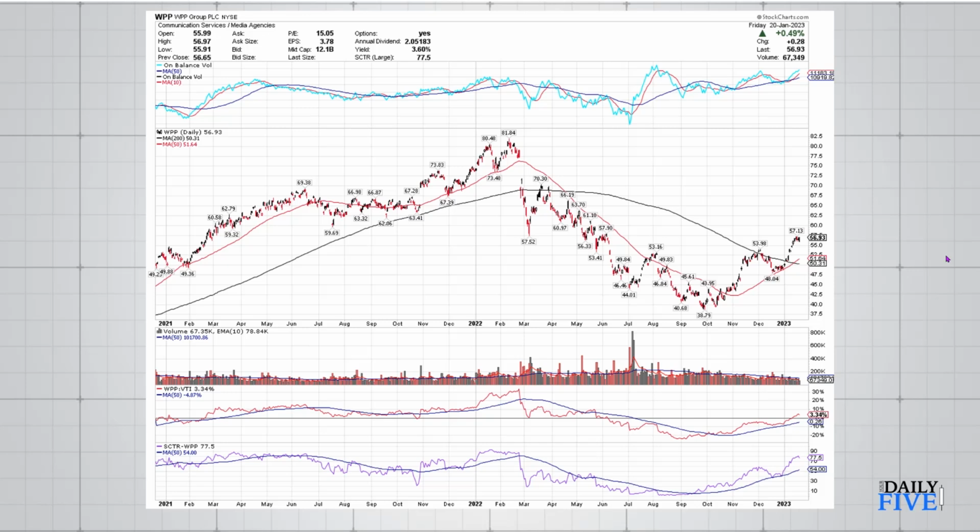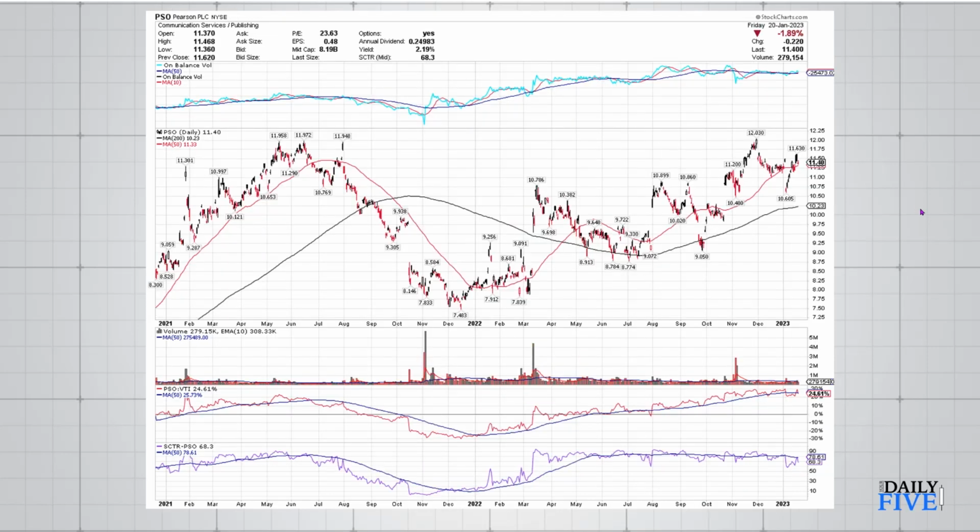What do you see here, John? Same thing. Balance of volume is up on all three time frames there. 50 just crossed the 200, a little bit of a pullback, stutter step here at the $57 area, and relative strength indicating recent outperformance. So a lot of good things to look at there in the world of XLC.